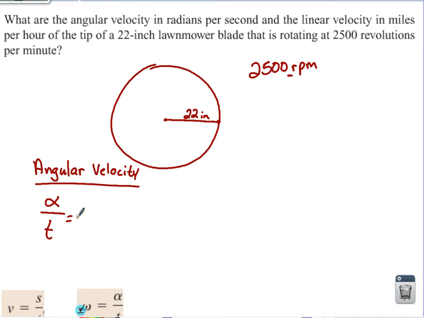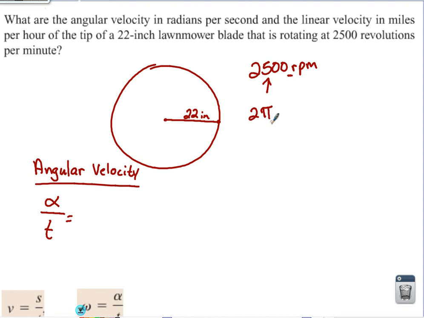Well, what is our angle displacement here? If it's traveling 2,500 RPMs, what is a revolution? It's 360 degrees, or since they want it in radians, instead of 360, we're going to use 2 pi. So it goes 2 pi